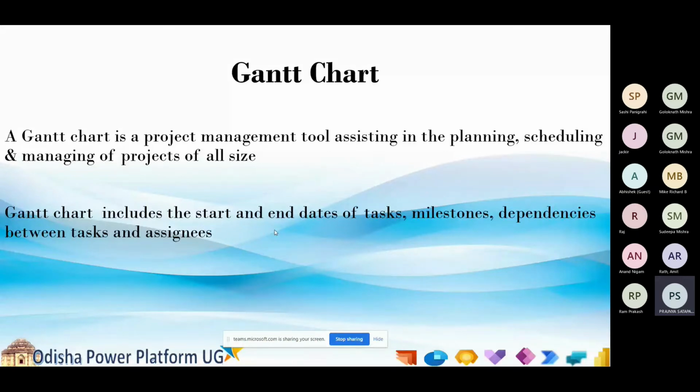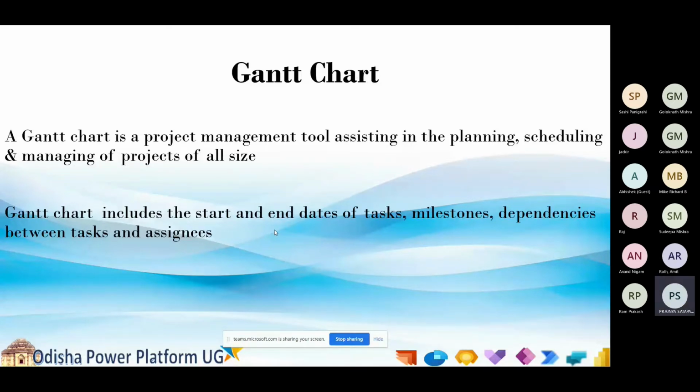What is the milestone? What are the task dependencies, and which task is overdue? Anything we can display on one screen. We get an overall idea by seeing the Gantt chart, because a project management tool is something we use in our day-to-day life.